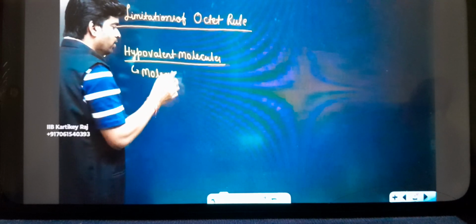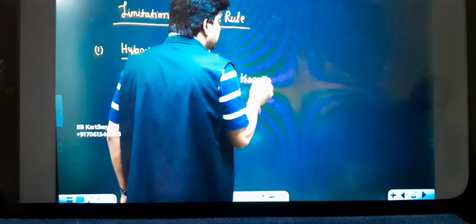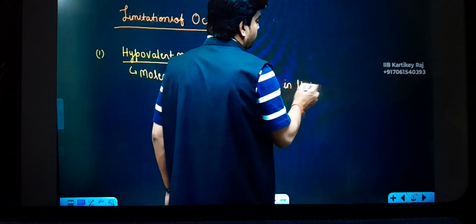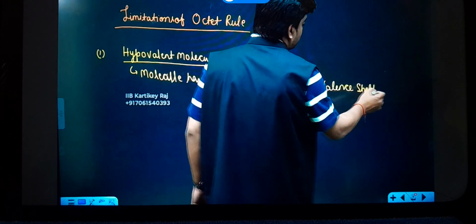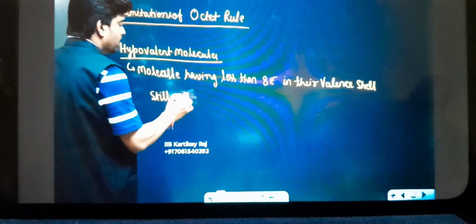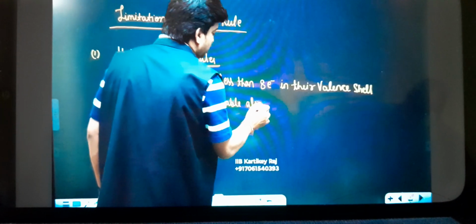What is the meaning of hypovalent molecule? Molecule having less than 8 electrons in their valence shell, still existing and stable also, guys. For